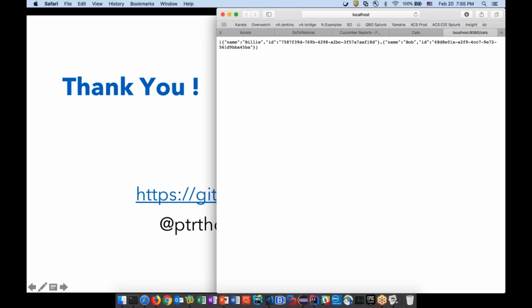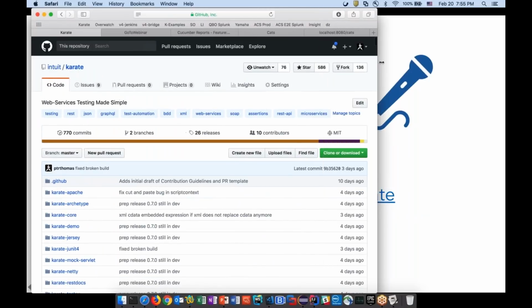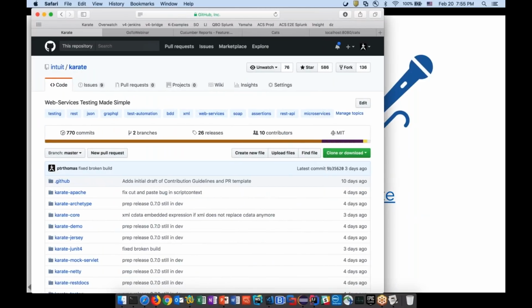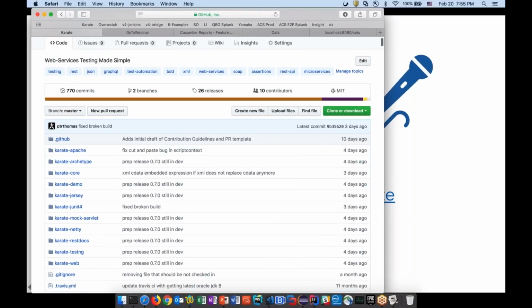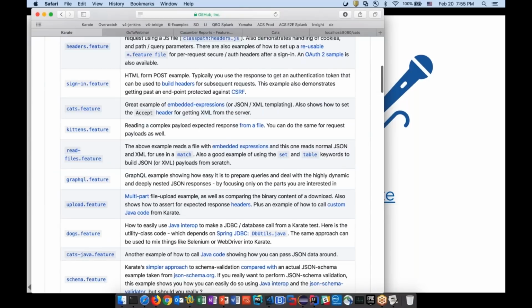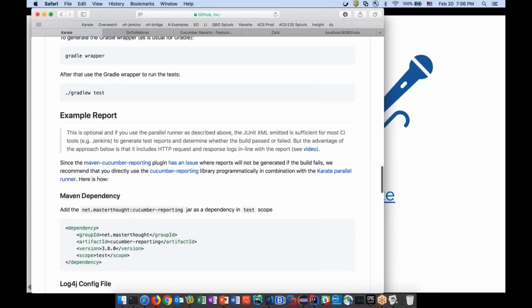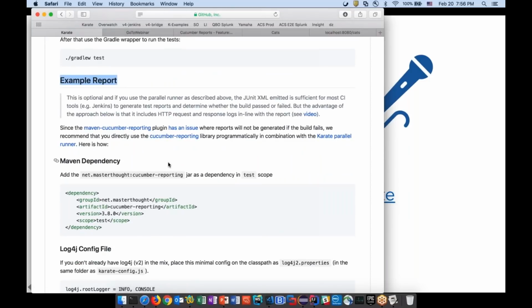Let me just go to the Karate website and I'll show you where to find the instructions as to how you get those very nice looking reports that I just demoed. If you go to the Karate demo, there is a whole bunch of demos, by the way. So people who need advanced examples, for example, authentication and header management, would be something you might be interested in. Yes, Karate is good at OAuth and setting headers and reusing headers for all your requests. It's very, very good at that. But if you scroll to the bottom of this demos page, it says, okay, this is how you can do the report. There's a couple of very simple steps.